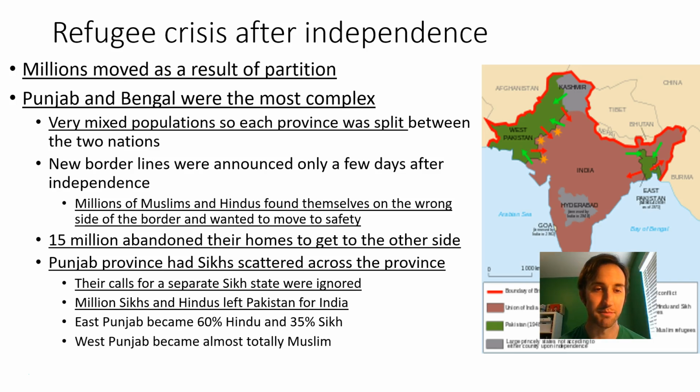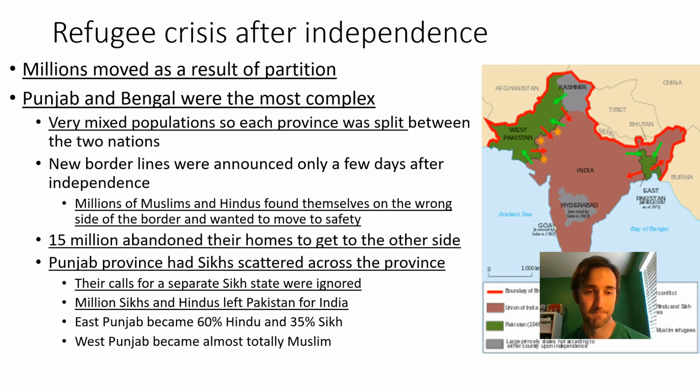So millions of Muslims and Hindus all of a sudden found themselves on the wrong side of the border, and they were fearing for their lives because of nationalists and violence on both sides, and so they wanted to move to safety. 15 million people had to abandon their homes to get to the right side of the line to